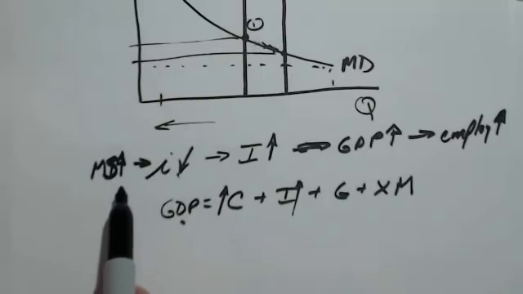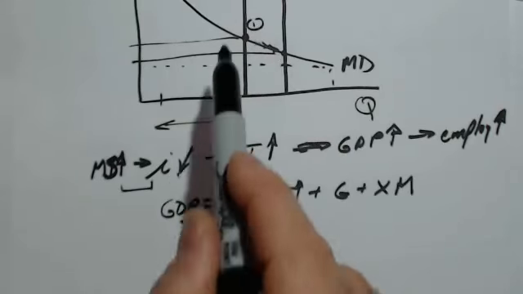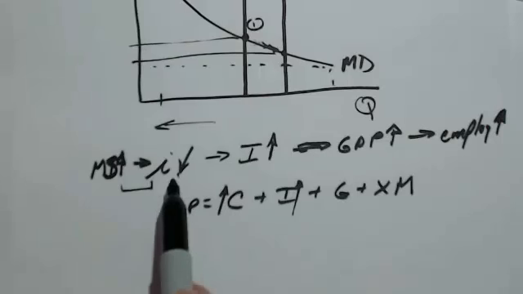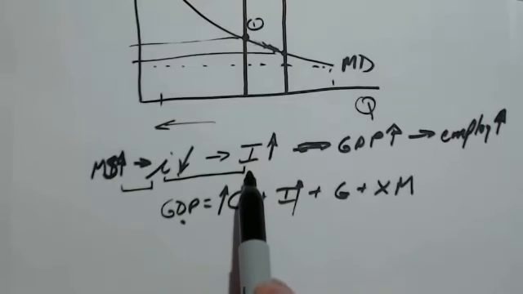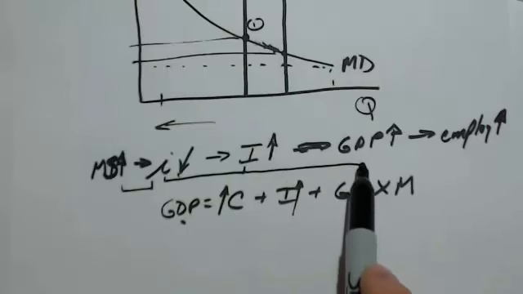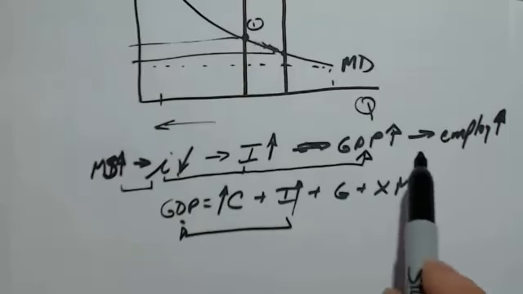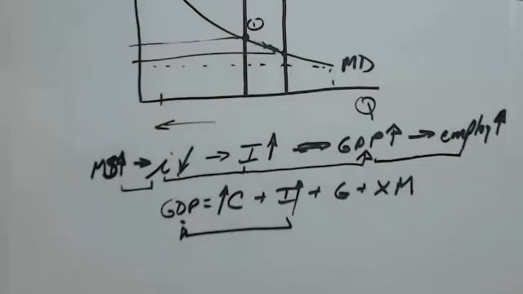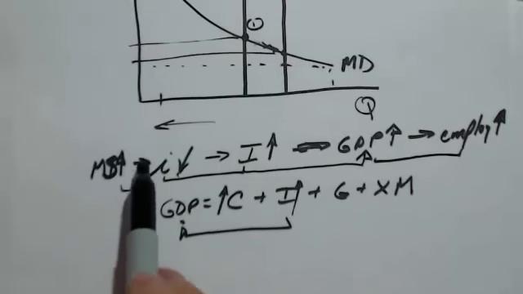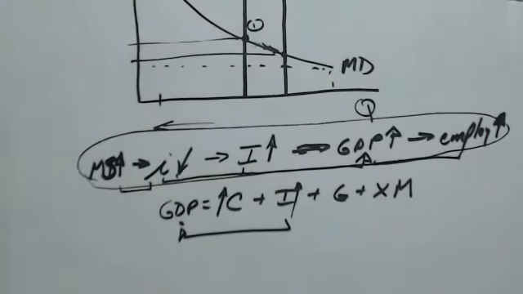There's a lot of discussion as to how does this actually work. Increasing the money supply drops interest rates. I'm showing you graphically, but there's lots of literature on that. And then how does lower interest rates translate into higher investment? There's a lot of literature on that in discussion. And then by definition, it's going to pump up GDP. Just mathematically, that's just a math concept. And then the big question is, okay, if GDP goes up, are we sure employment's going to go up? And there's a lot of literature on that also. So in any case, we have to believe that this entire channel works. And it does for the most part. It does.